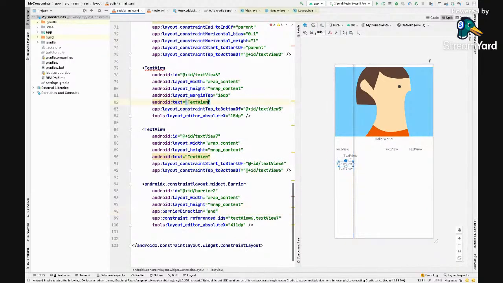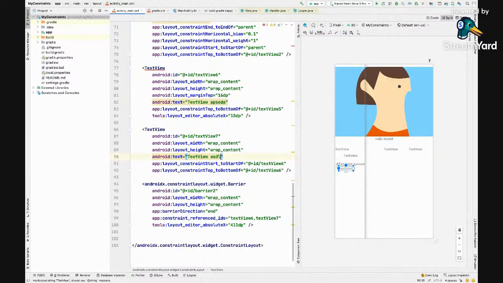So the results are not apparent now, they're not clear now. But let's say I want to do something like this. These texts can be anything.